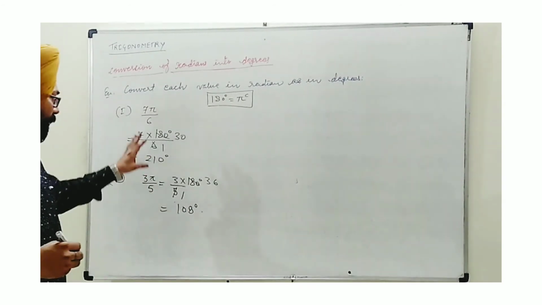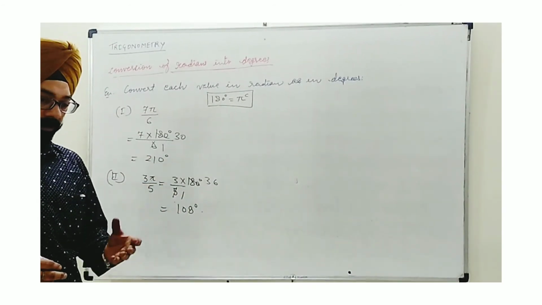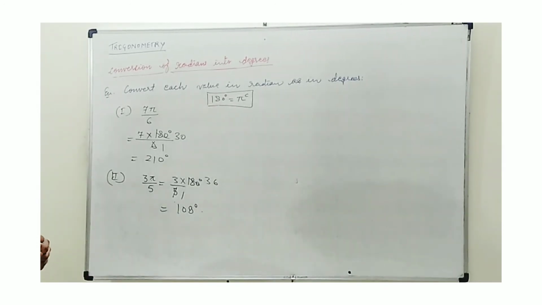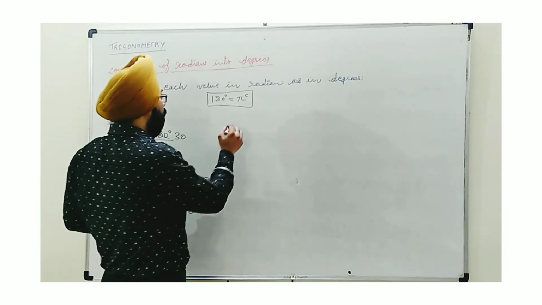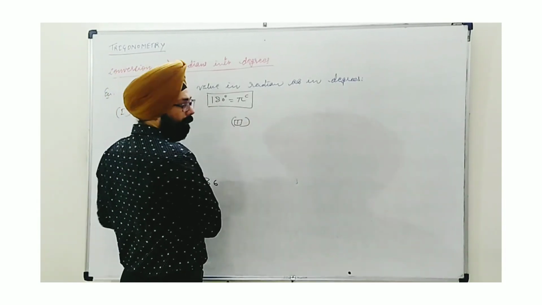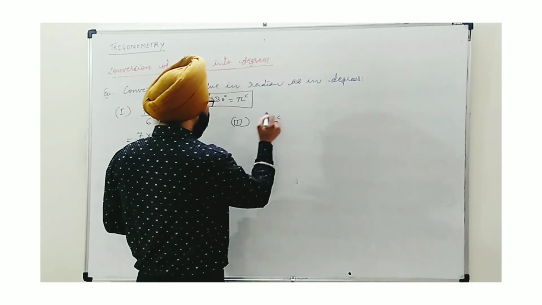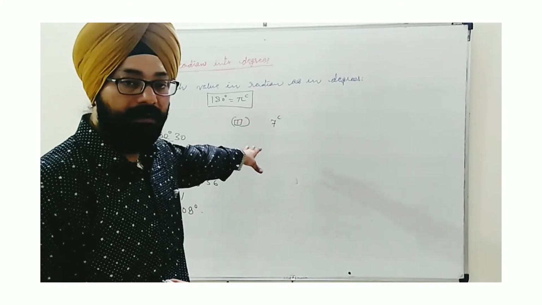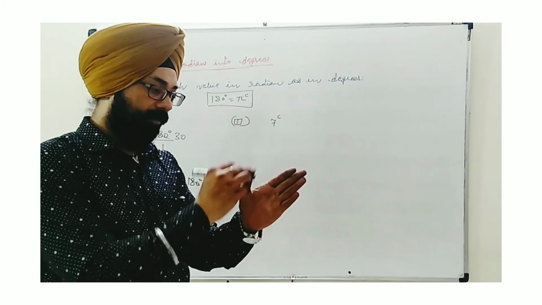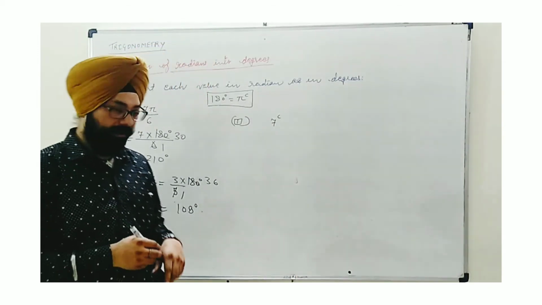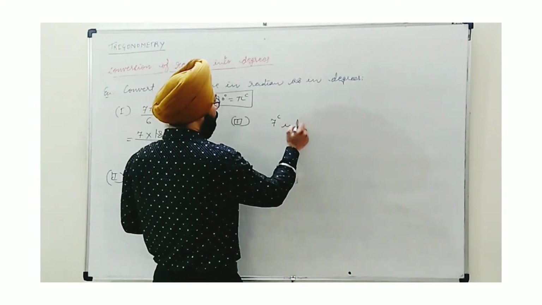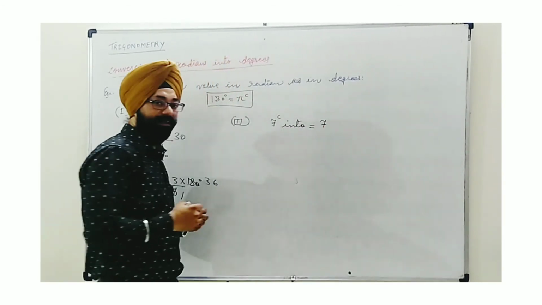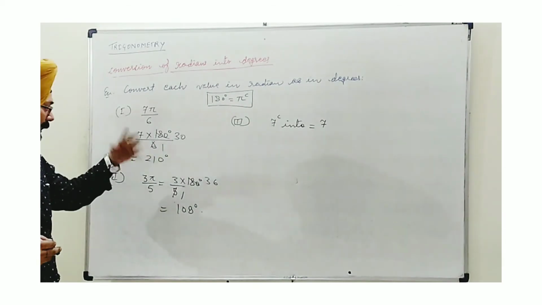So this is easier whenever you are given some angles in terms of pi. Now we will think of a third example where you are given simply 7c. Now 7, you can see the value does not have anything like pi, so for sure c is written to show that it is in radian. I need 7 radian into degree, so rules will not change. Previously we were having pi, we have put pi there.